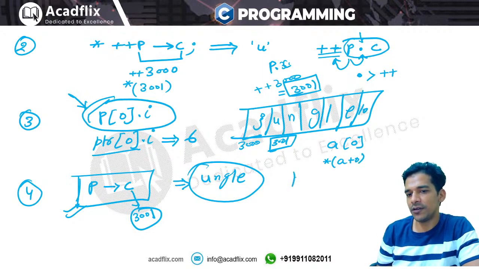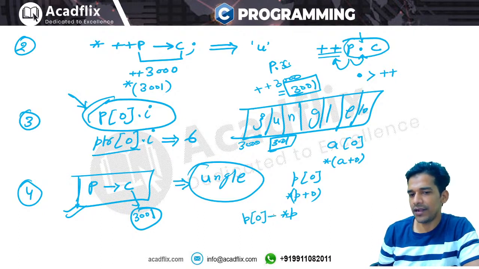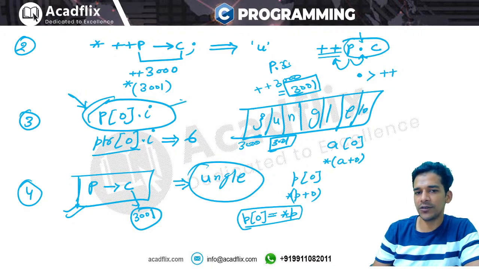तो अगर आपने कहा P0 तो P0 का मतलब क्या हुआ, P0 का मतलब हुआ स्टार P प्लस ज़ीरो, राइट. एंड P प्लस ज़ीरो जो है वो P होगा, that means star P. सो P0 इज़ नथिंग बट स्टार P, है ना. तो इसको मैं क्या लिख सकता हूँ, इसको मैं लिख सकता हूँ स्टार P डॉट आई, उसको कोई दिक्कत नहीं है. बस मैंने P0 को स्टार P बोल दिया.